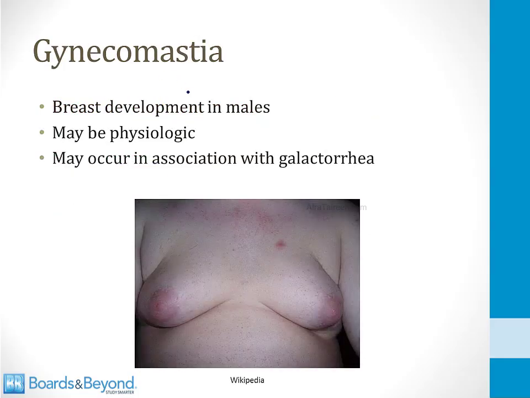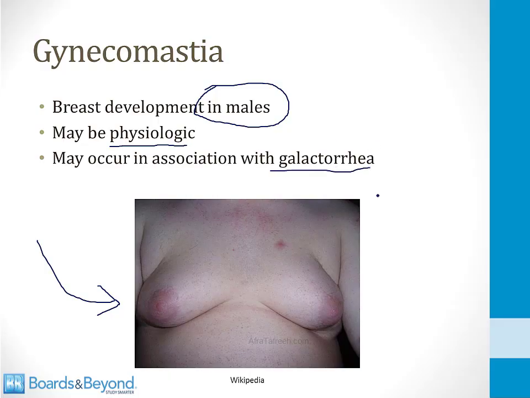Next, let's talk about gynecomastia, which is breast development in males. This is a picture of gynecomastia shown on the screen here. Sometimes this is physiologic, meaning it is not due to a pathologic underlying disease. We'll talk more about that in a minute. And in addition, gynecomastia often occurs in association with galactorrhea. You can imagine that when the breast tissue grows large, like shown on the screen here, that some milk production